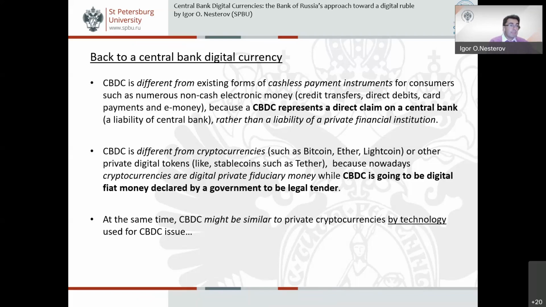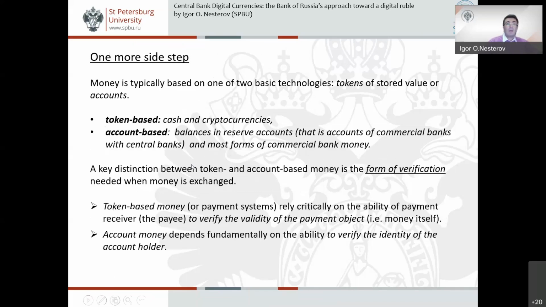And in this case, regarding the technology that could be used to issue central bank digital currencies, we have to make one more side step and to distinguish between two basic technologies